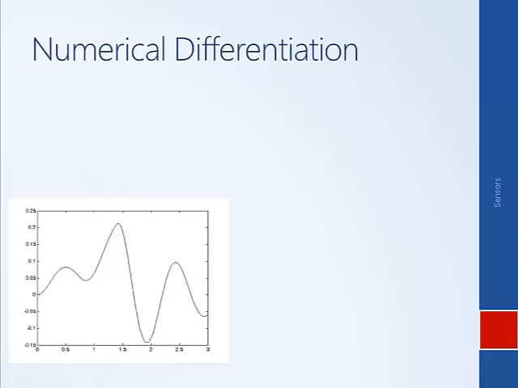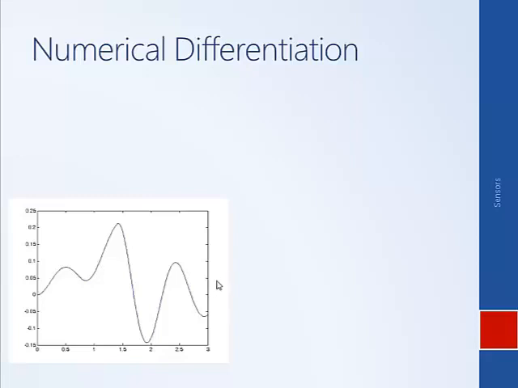Another type of signal processing that is often done is numerical differentiation. So again, let's say that we have a velocity measurement, but what we really want is an estimate of acceleration. So you could take this velocity signal and differentiate it to get an estimate of acceleration. But just as was the case previously, our velocity signal doesn't match some known function. And so what we have to do is